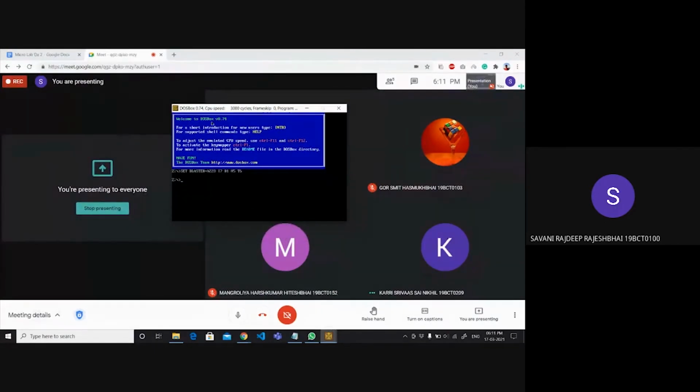Okay. So this is the DOS. First, you have to install DOSBox on your PC, and this is the DOSBox window. Now we have to mount the whole directory, the 8086 directory. Then we have to change the directory to C. Here we can create an ASM file, or edit an ASM file which already exists.